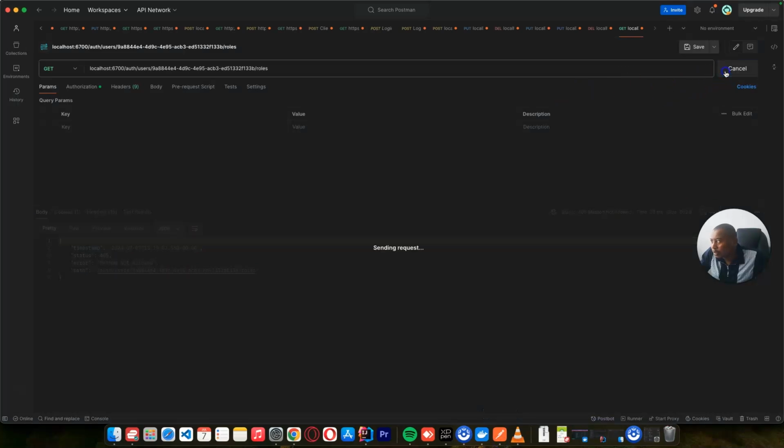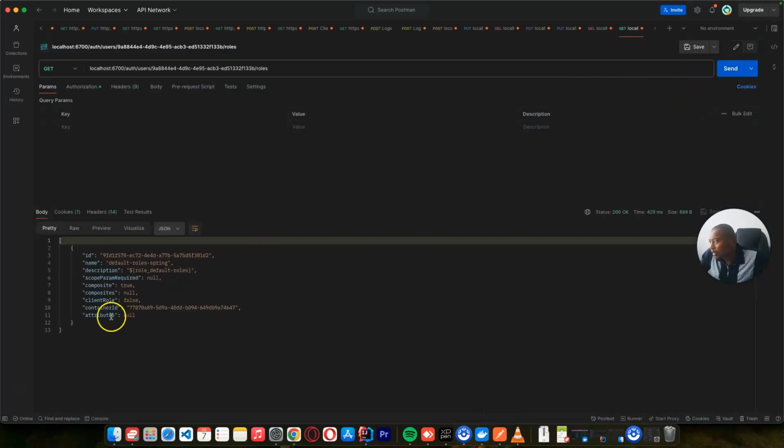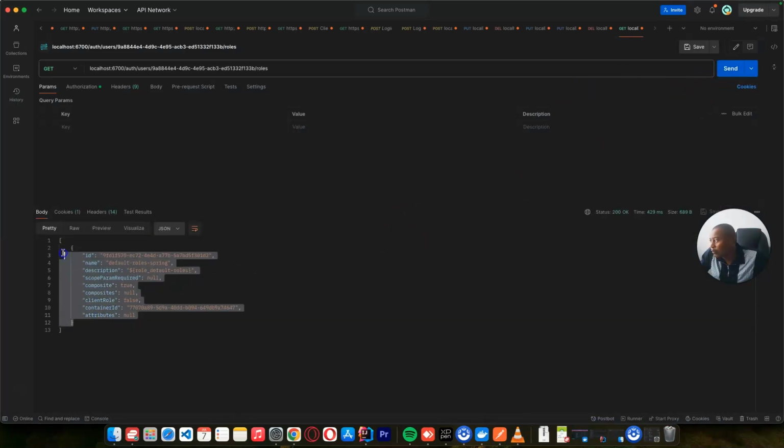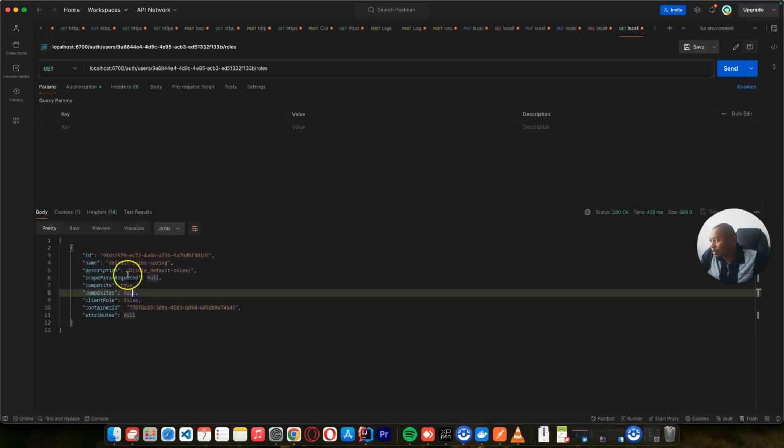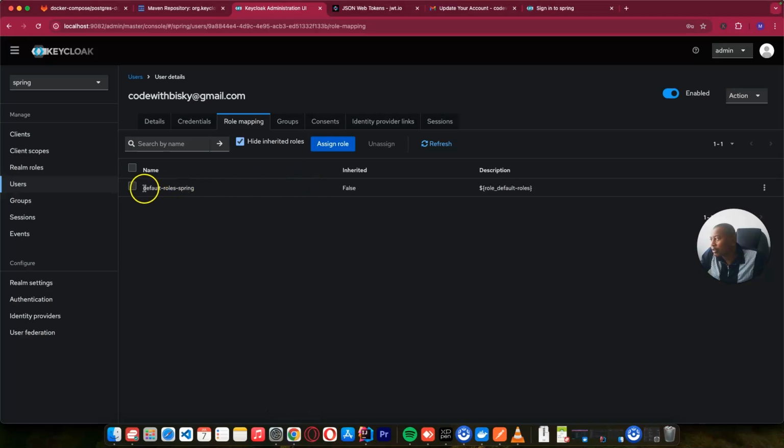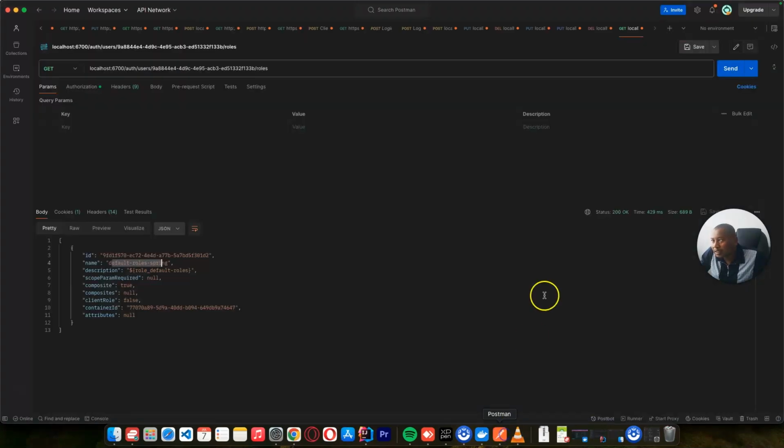And I'll send our request and I'll get this one row for this user. So this is the default row mapping Spring. If you go to our Keycloak, this is the only row this user has. So let's add that same row to that user, put mapping,